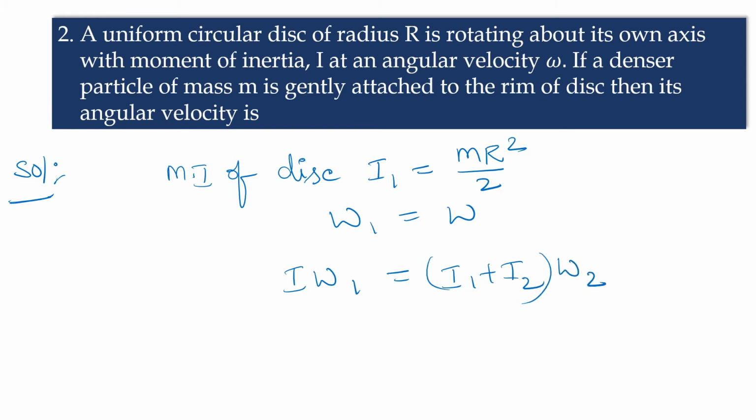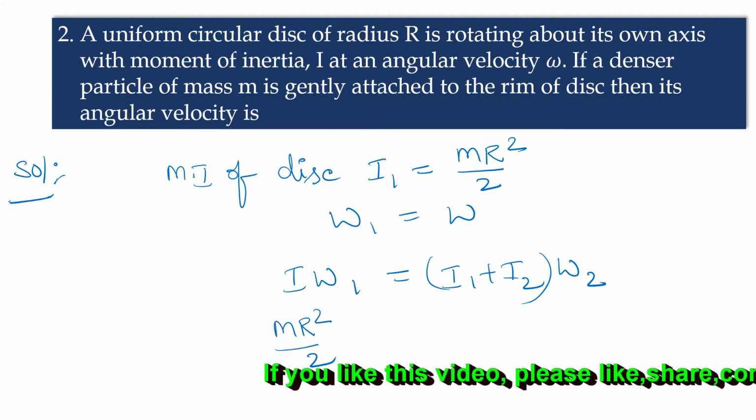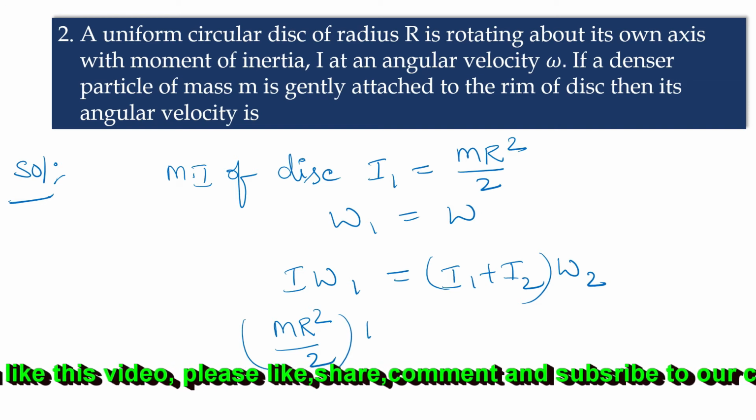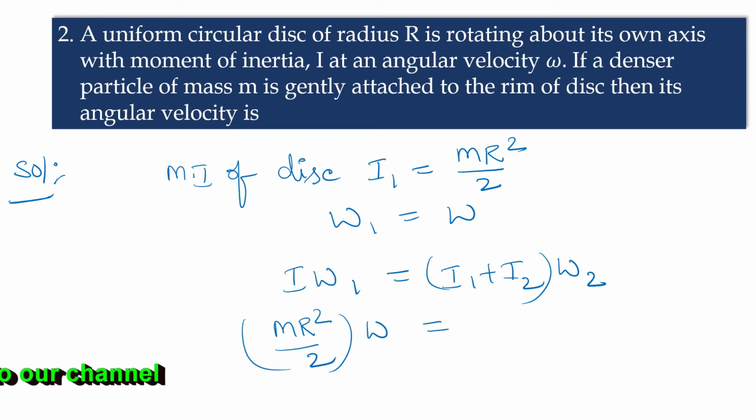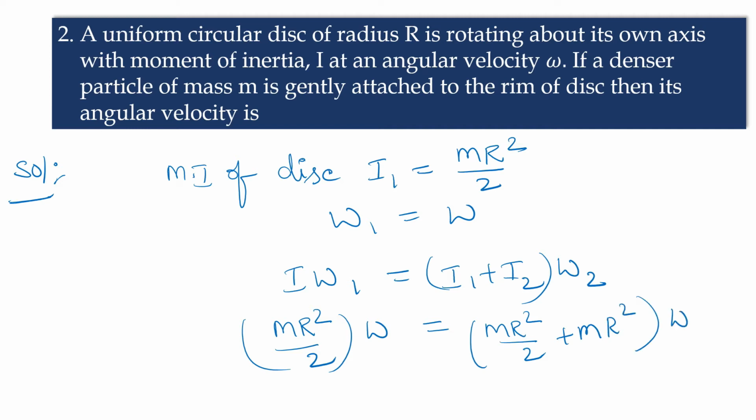So I1 is equals to m r square by 2 of omega. In the place of omega 1 we are writing omega, and then I1 m r square by 2 plus I2, m r square into omega 2. So omega 2 is equals to,